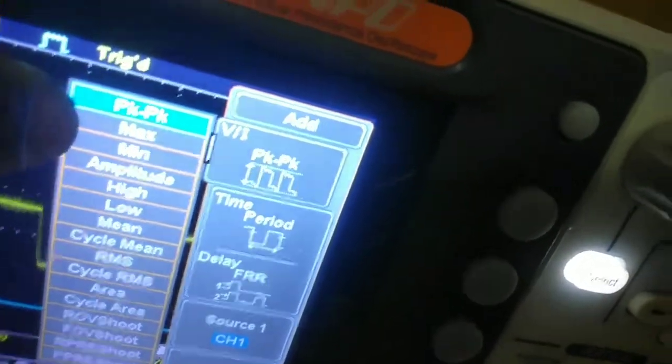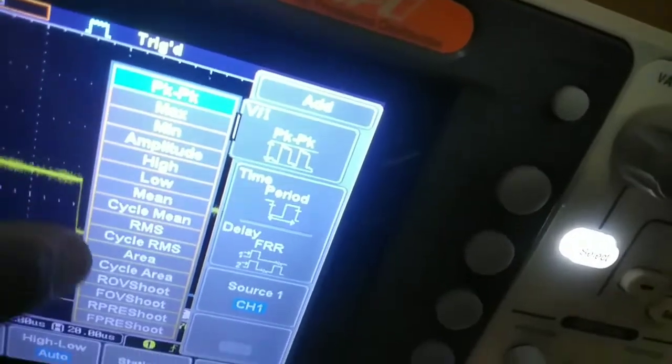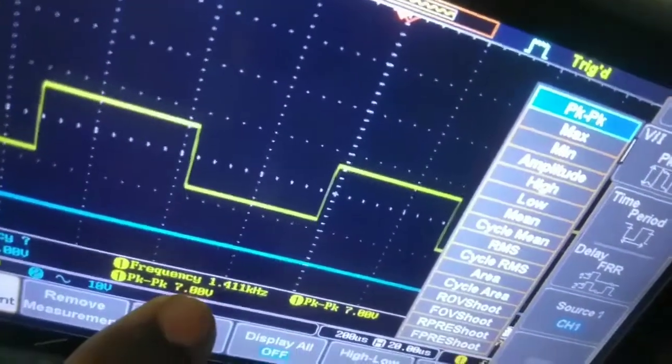Here so many analysis are there. It is V peak to peak, V max, V minimum, then RMS value, everything is there. We want only peak to peak now. Just select peak to peak, then press select. Now it is displaying input peak to peak. That is 7 volts is there.